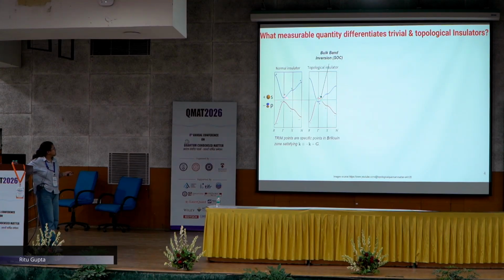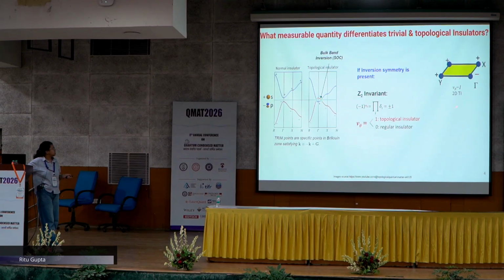in normal insulator, the conduction band is derived from the s orbitals, and the valence bands are derived from the p orbitals, while in the topological insulator band inversion has happened. That is why the parity eigenvalues have inversed. So if the system possesses inversion symmetry, we calculate Z2 invariant using this formula. What we do is we calculate the parity eigenvalues at all the TRIM points and all the occupied bands, and using this formula we get to know if our material is topological or regular insulator. So if it is 1, it will be topological, otherwise it will be regular.